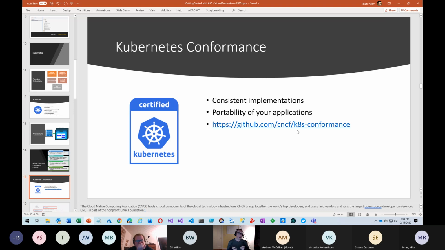So if you have your application running in Azure Kubernetes, then you can, with less effort, move it to another conformant implementation versus, say, a custom orchestrator. It may not even exist in another cloud provider. So the fact that Kubernetes has this standard set of features that are available, and if it's certified Kubernetes, then